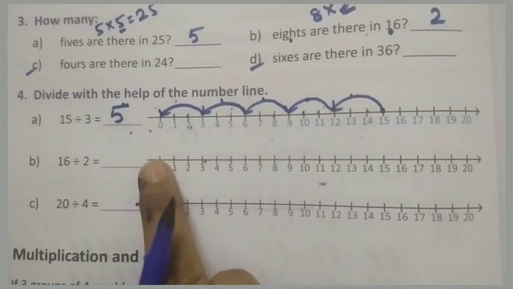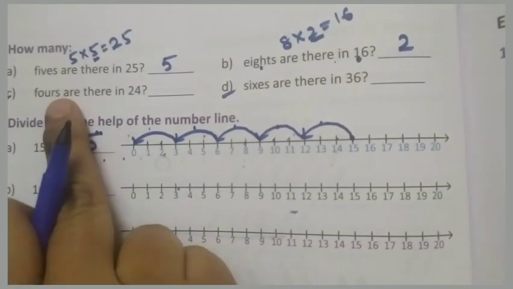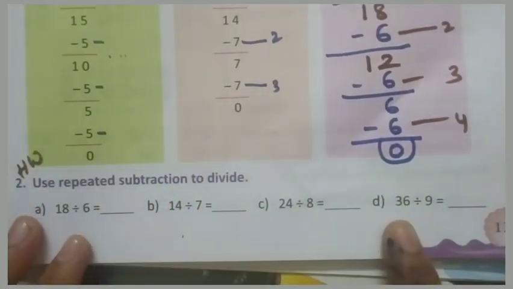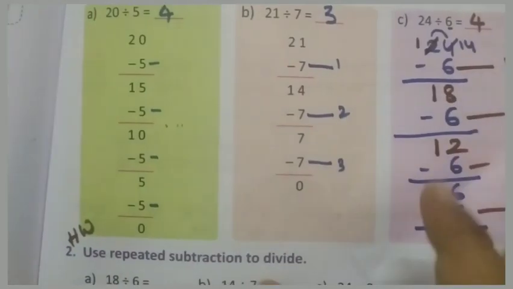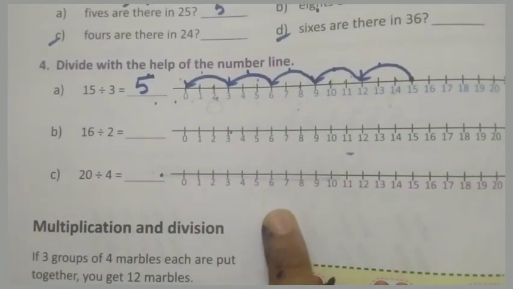Do this B and C. Here in this part you have to do B and C. Here C and D. In the second part you have to do total. Do all these in your fair notes. Complete up to here in your fair notes.